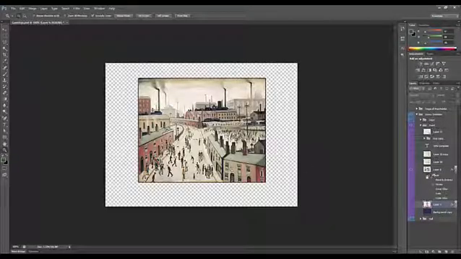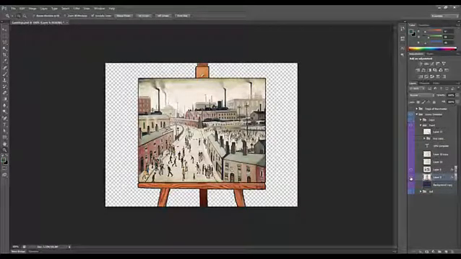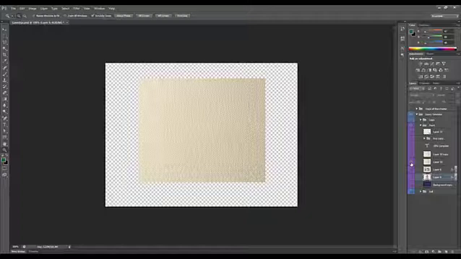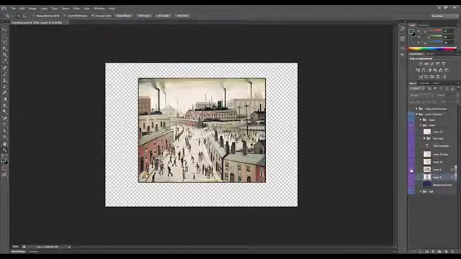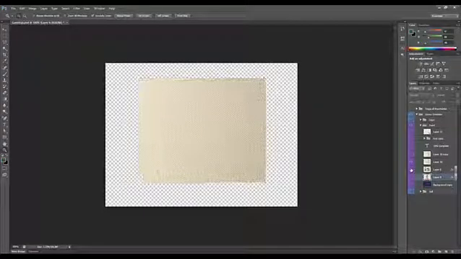And again, I put a stroke on it, see, around the edges. That just gives it a bit of depth and a bit of consistency with the style of the easel. Then I found a picture of a canvas, and I made it the same size as the painting. So watch this, there's the painting. I'll show the layer of the canvas, nice, isn't it? Just sits on top. If I hide the painting, you can see it just hides the outlines.